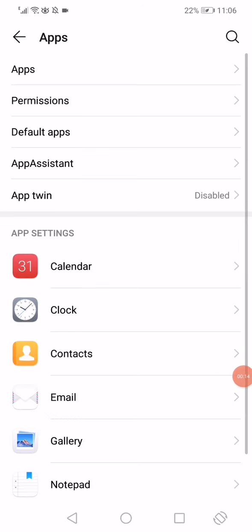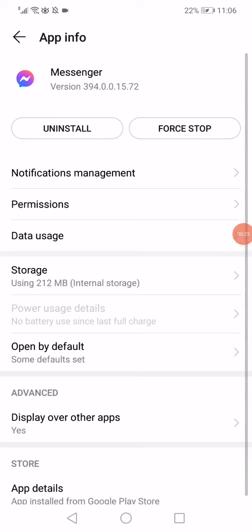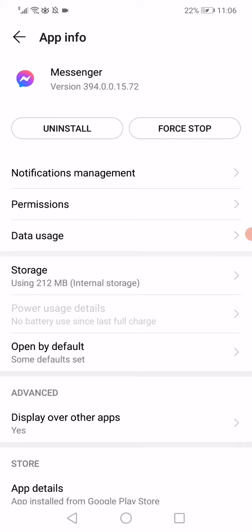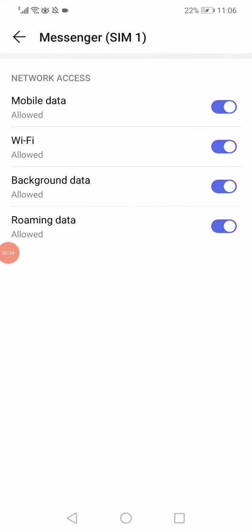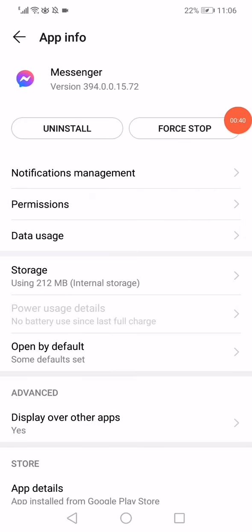When you open the apps manager on this page, you will find all the apps that you have on your phone. Go to the Messenger right here, click on it, and then all you want to do on this page is click on data usage. Make sure to enable all these four options right here and then go back, click on force stop, and then